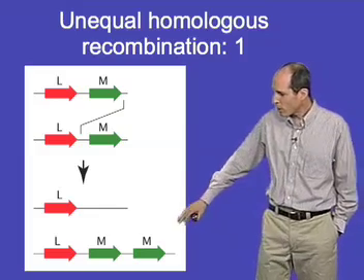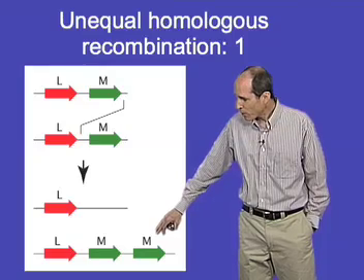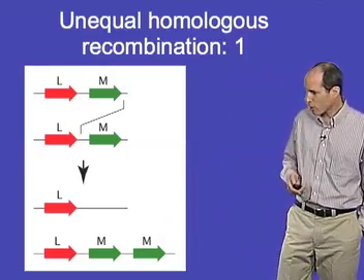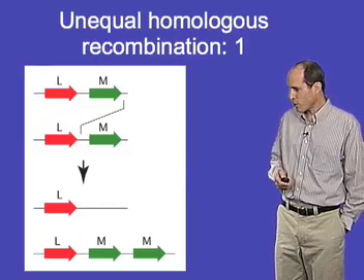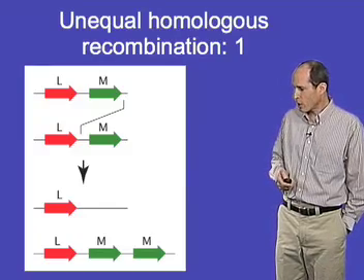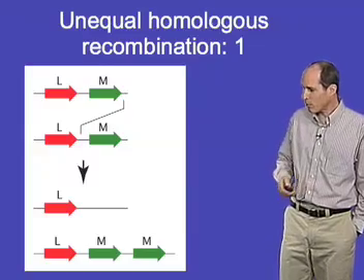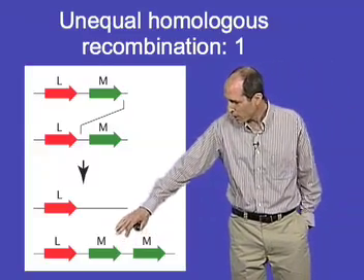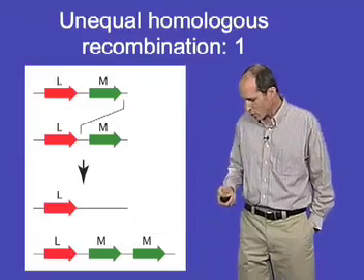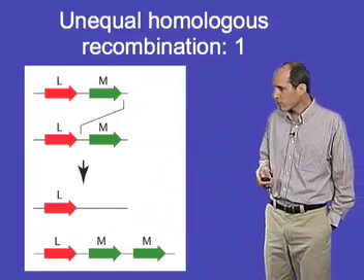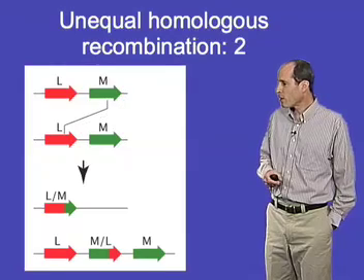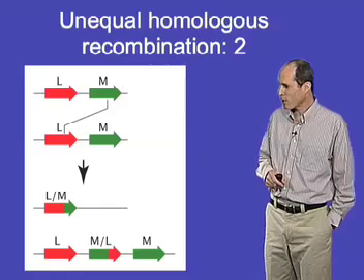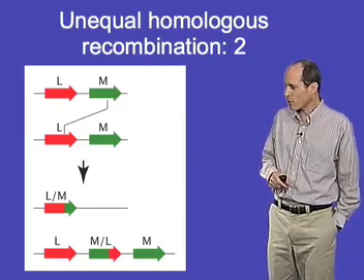As far as we know, as I mentioned earlier, people with extra pigment genes, extra M pigment genes, have perfectly normal trichromatic color vision. In fact, current evidence would suggest that when there are multiple M pigment genes, only the first gene in the array is expressed, and more distal M pigment genes are not expressed. Now, what if recombination occurs at an intragenic location rather than between the genes, that is, within the